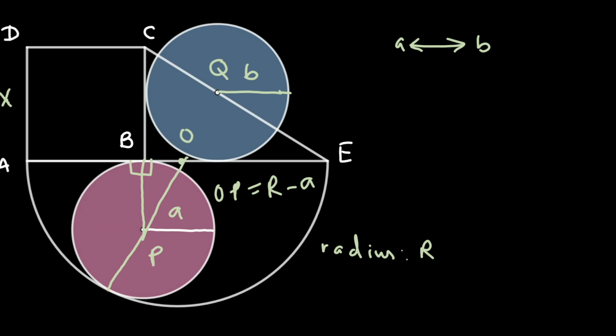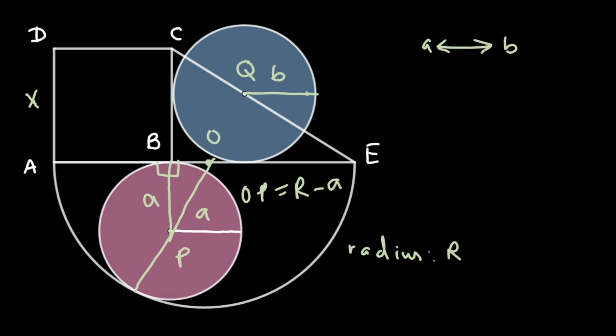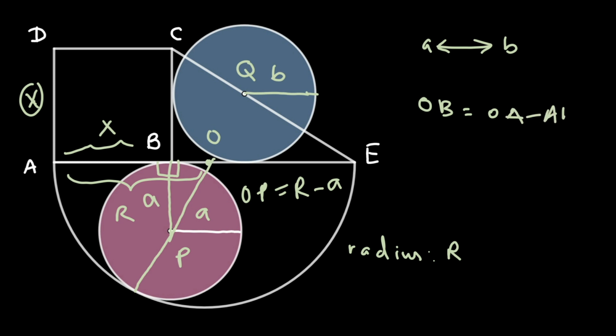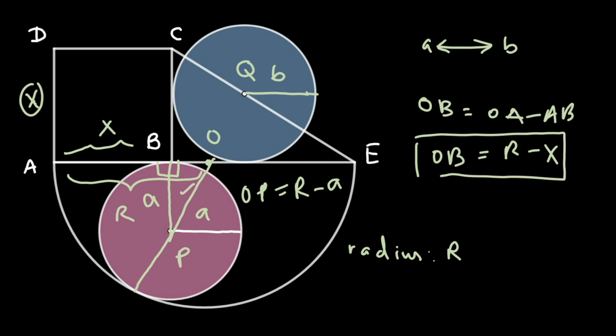Okay, so here we can see that we have formed a right angle triangle. The height is A, the hypotenuse is R minus A. What can you say about the base? So look carefully, the distance from the point O to the point A is the radius of this semicircle, hence it would have a value R. Now recall that this was a square. In a square all the four sides are equal. Therefore the distance of A to B is going to be X. Now ultimately the distance of OB would be equal to OA minus AB, and that has now become R minus X, and this is the distance of OB, that is ultimately the base of this right angle triangle.